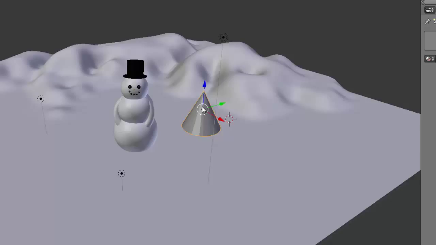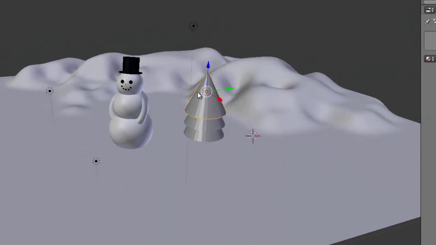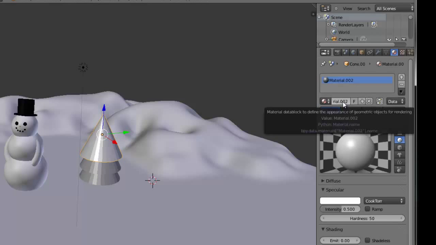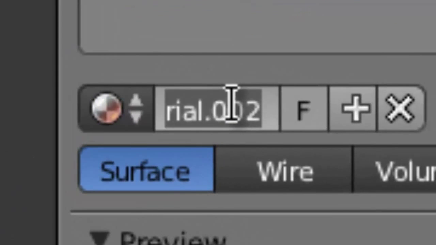And just like we did with the snowman, I'm going to do Shift D for duplicate, and then press enter. Then I'm going to bring my second cone up and do the same thing, Shift D, and press enter. I'm going to bring that one up as well. Now because this is a new object that doesn't have any material yet, I'm going to add a new one, and I'm going to call this tree